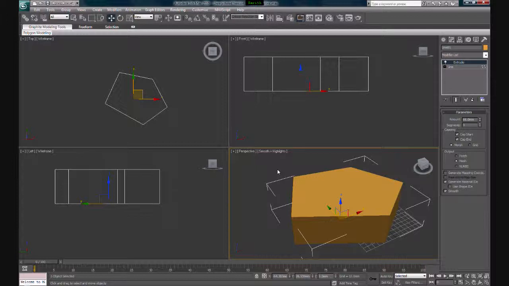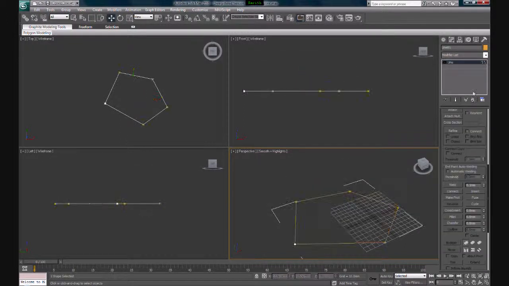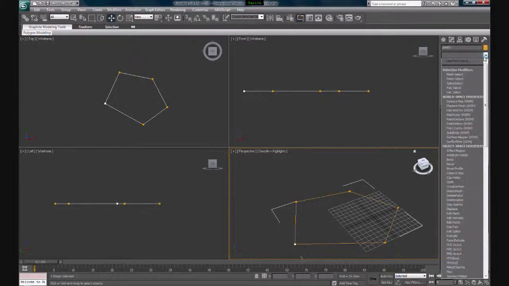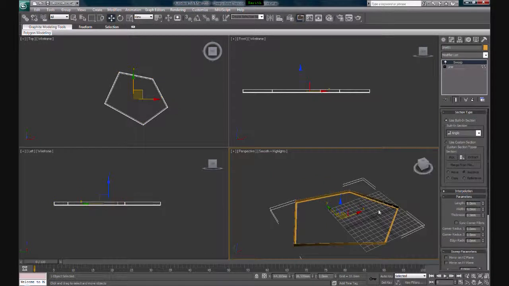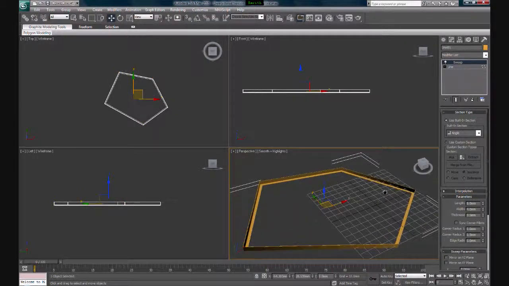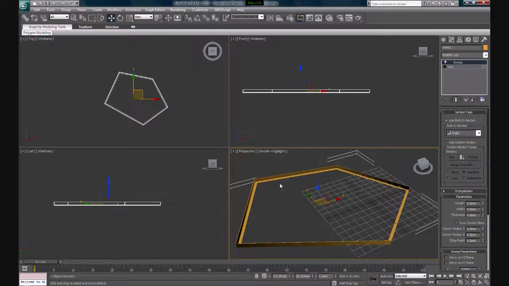Well, I'm going to show you another modification you can apply to spline. Actually there's a lot of other modifications you can do to it, but these are the common things that I use for my spline modeling, which is extrusion and sweep. So let's delete this extrude modification, and we have our line again. So instead of using extrude, we're going to use a modification called sweep. This one, click on it. So you can see the effect here. What it does is actually it extrudes the line